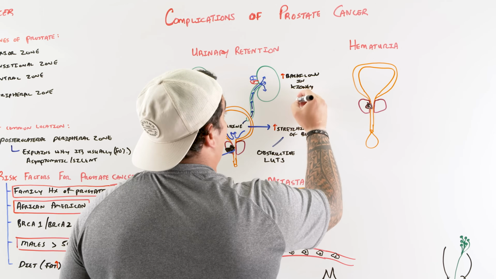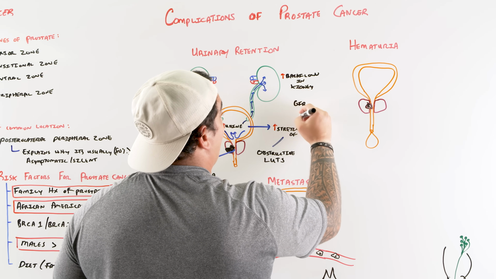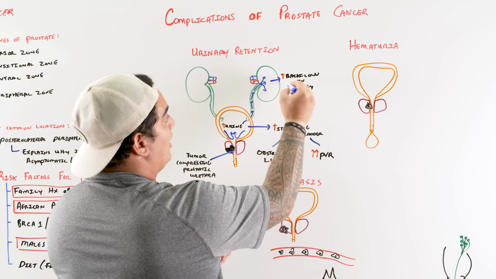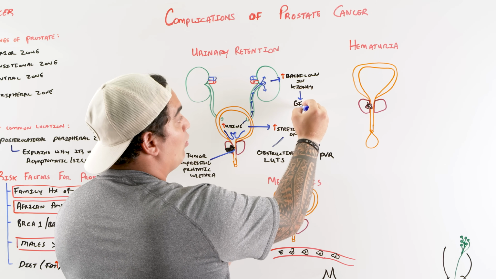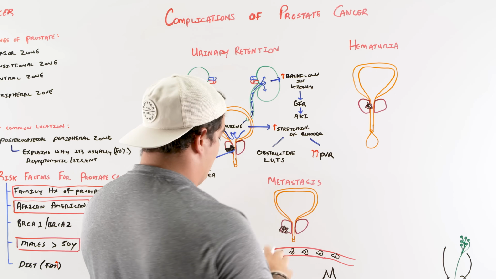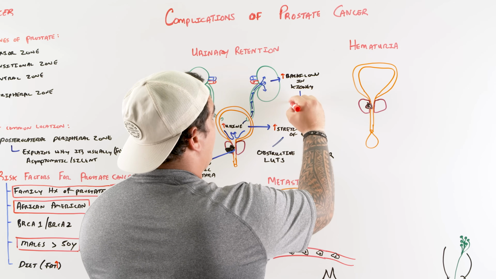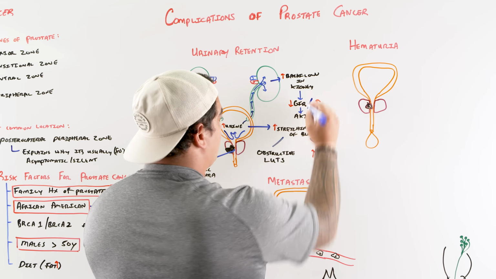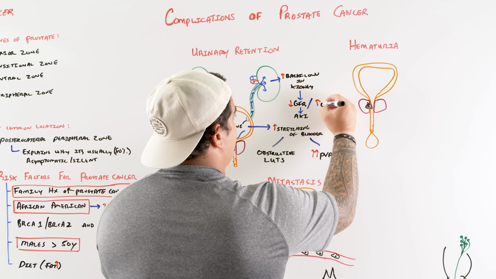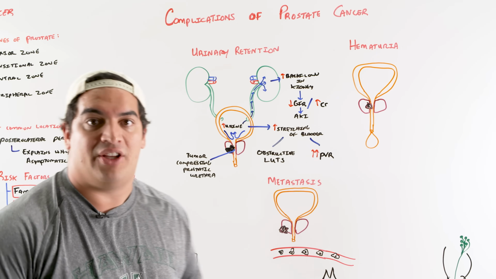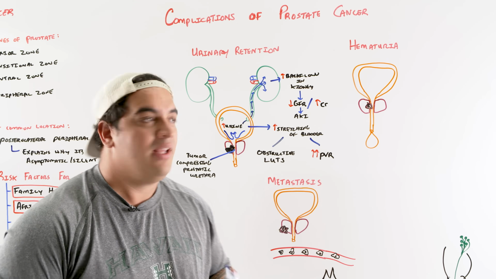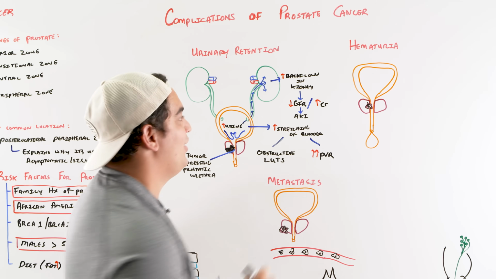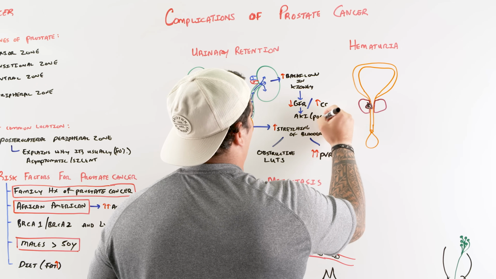So they're going to have a drop in the GFR, and that's going to cause an acute kidney injury, right? Whenever you have this backflow so much that it causes the GFR to drop abruptly, the creatinine, usually as a result, will shoot up, right? So the creatinine will go up. That's going to be indicative of an acute kidney injury. What kind of acute kidney injury? Is it occurring at the kidney, before the kidney, or after the kidney? After the kidney. So this is what we refer to as a post-renal